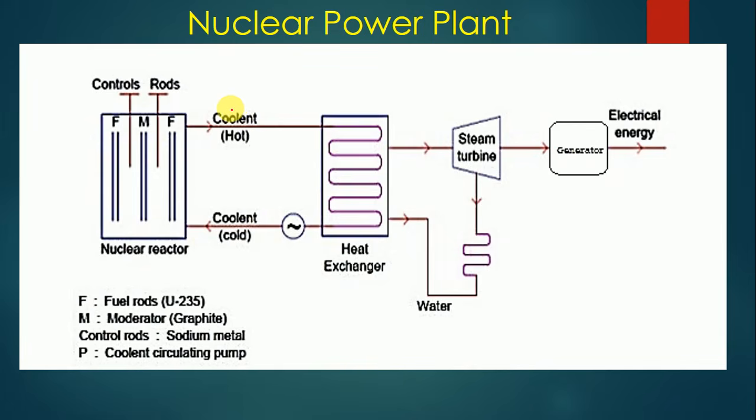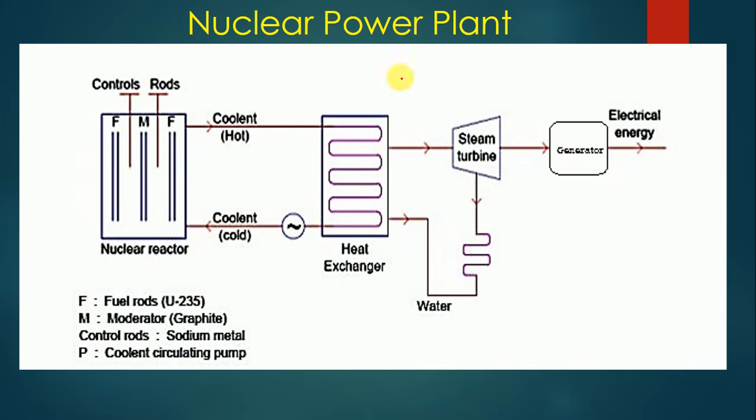Now let's see the construction which is available here. This part is called the heat exchanger, which in the thermal power plant was called a boiler, but now it is a heat exchanger. This part is called a steam turbine. This part indicates a condenser, this part indicates a generator, and the heat generation system is nothing but this nuclear reactor. So this system is generating heat which will be used for generation of the steam.